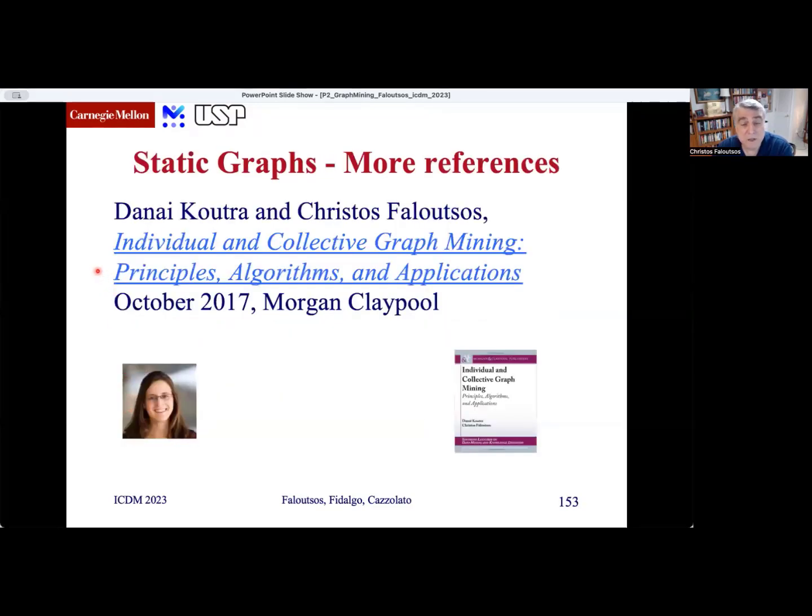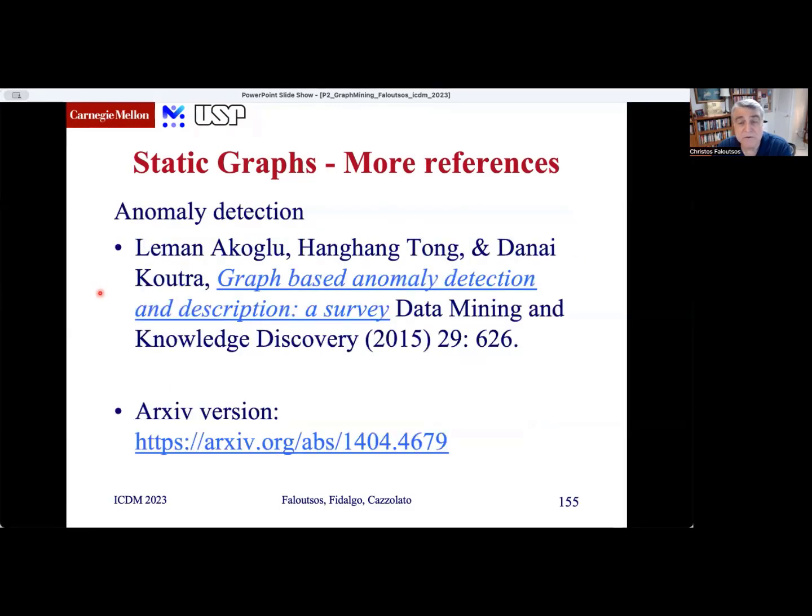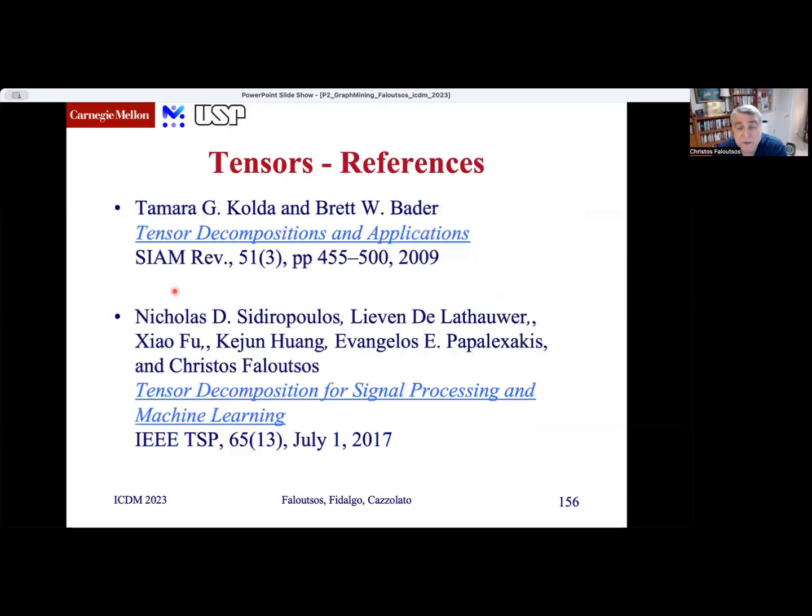This is the dissertation from Danai Koutra, which contains all the information that we mentioned about belief propagation, FABP, and additional concepts. This is the monograph with Deepayan Chakrabarti, which has a lot of patterns and anomalies for real graphs, static graphs, a survey by Leman Akoglu and also Danai Koutra on anomaly detection for graphs,